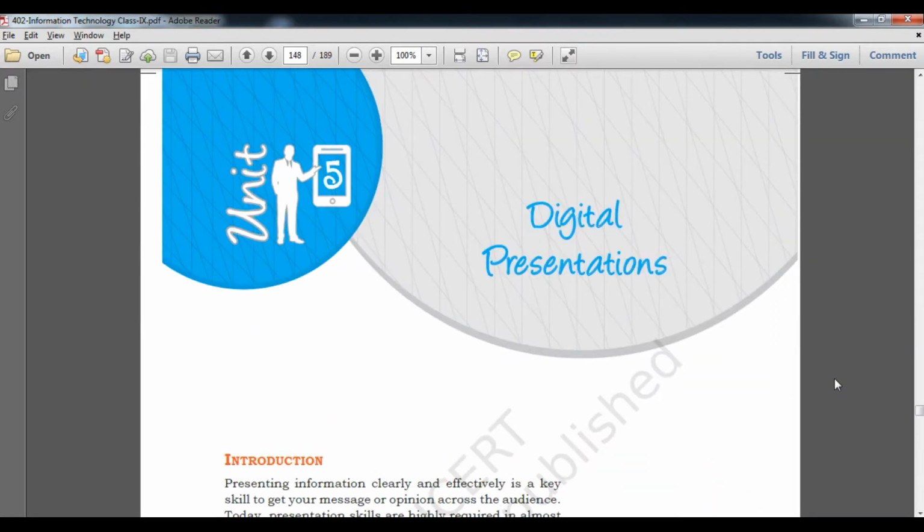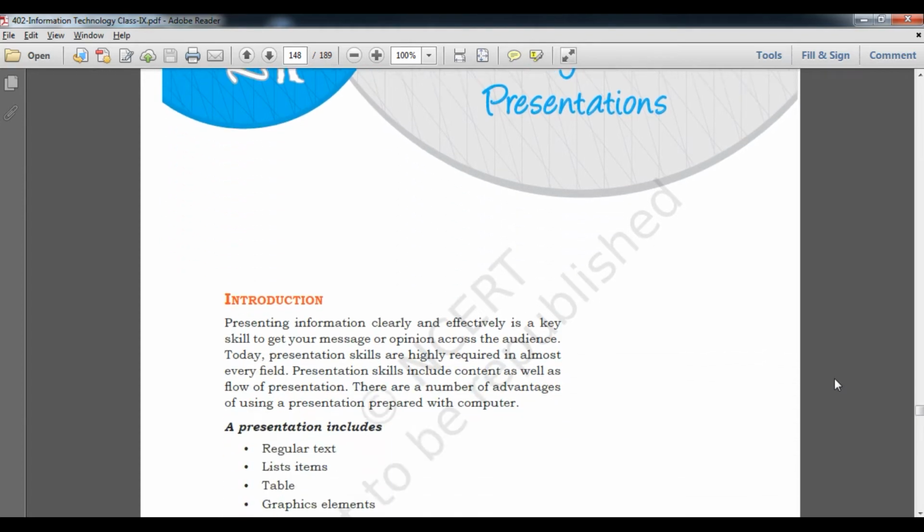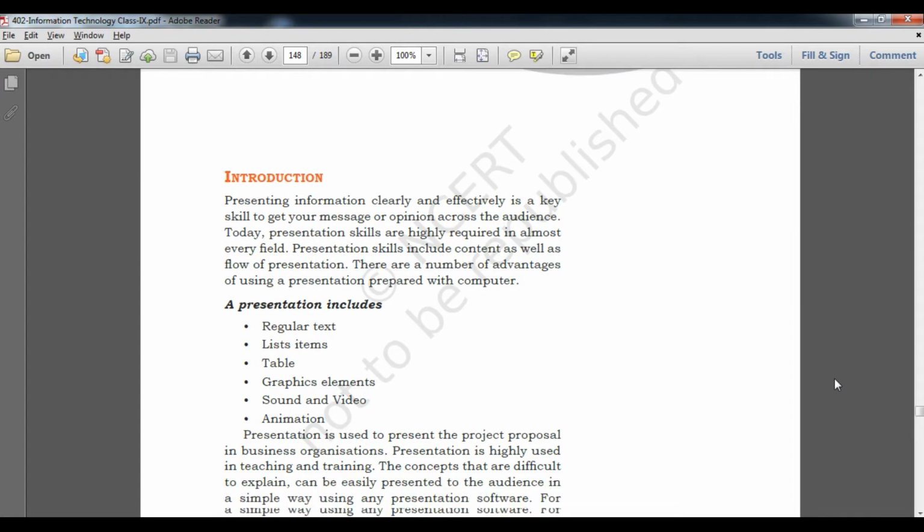In this theory part, you will understand what a digital presentation is. A presentation is a way by which you can express your idea or concept to a particular audience, and you need to explain your detailed summarization to the audience also.